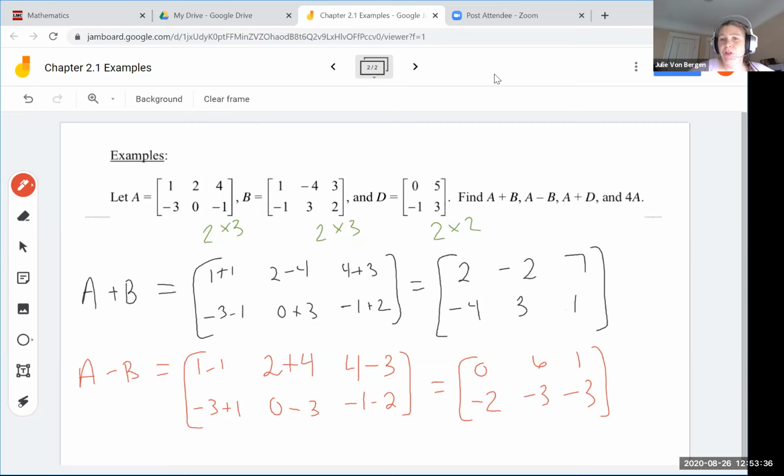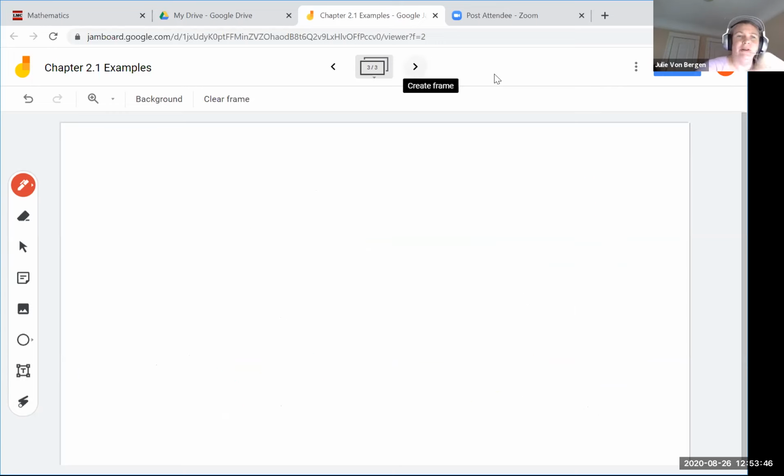Okay, the third question here asks us to find A plus D. So is that even possible? Well, A is a 2 by 3 matrix, and D is a 2 by 2 matrix. So I'll put a note here that we cannot calculate A plus D, since